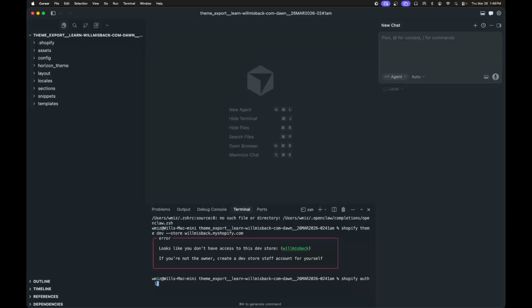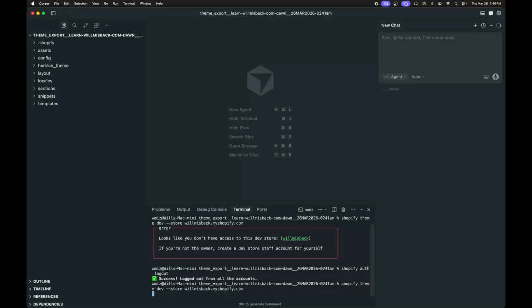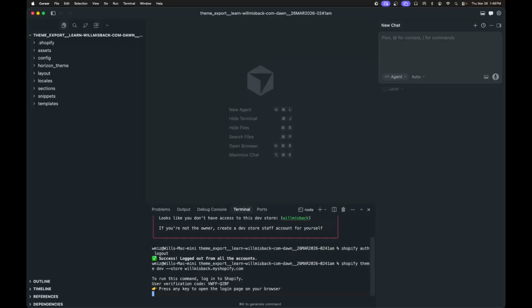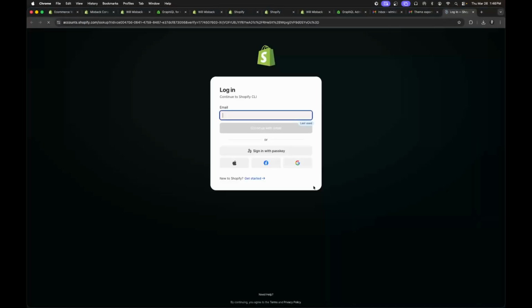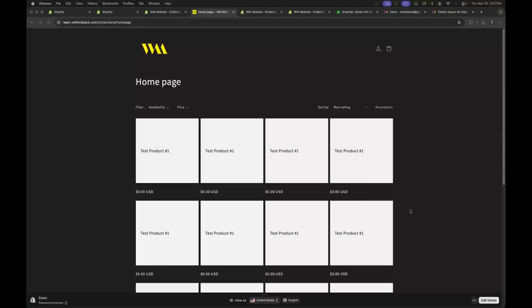If you get an error similar to this, a lot of times if you have multiple developer accounts, you just need to log into the relevant account. So you can log out, and then that should clear it. Anyway, so now it's going to prompt me to actually log in, which I'm going to go ahead and do. Okay, so now you'll notice that we actually have a copy of our theme spun up and